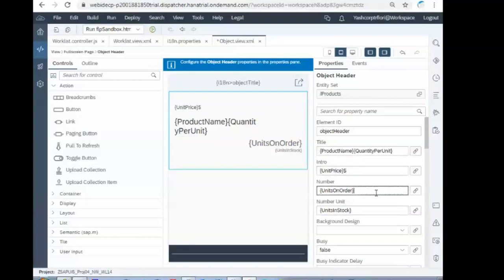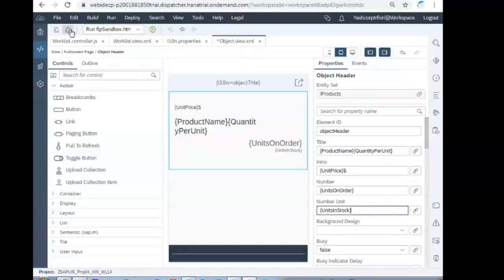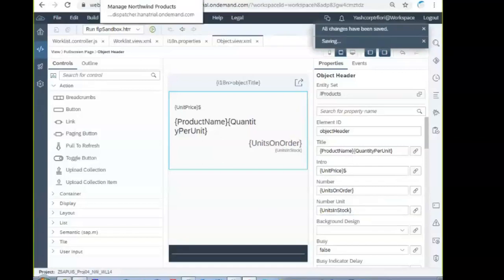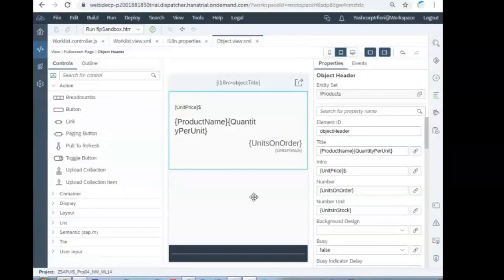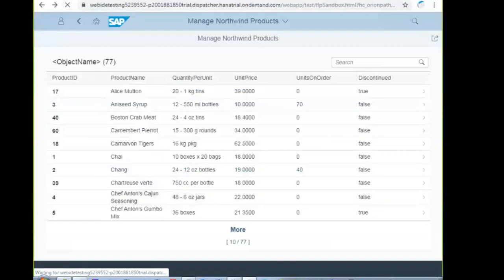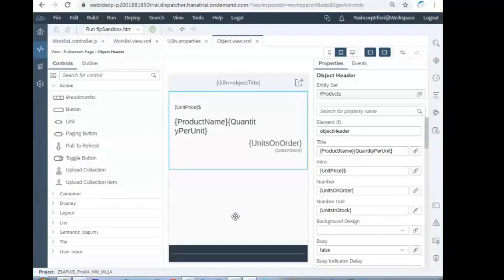You can hard code any values on the right side. Just randomly add some values on the right side to the intro, to the number.